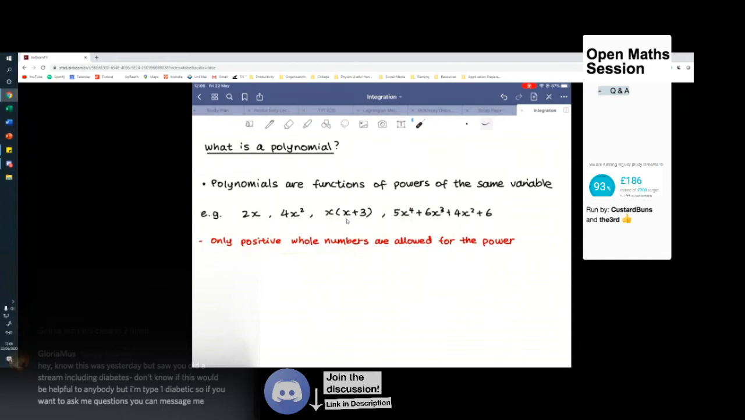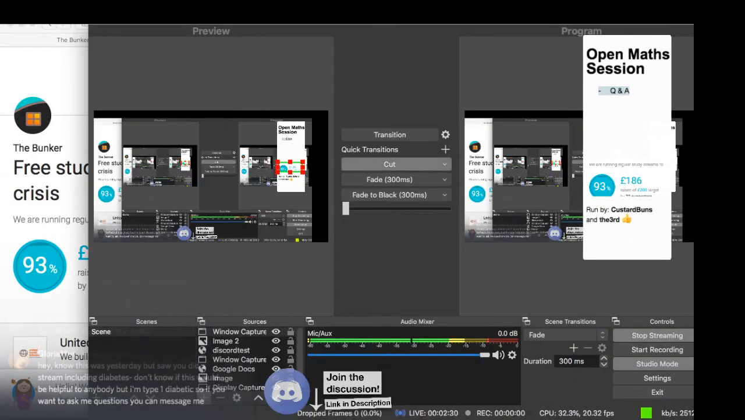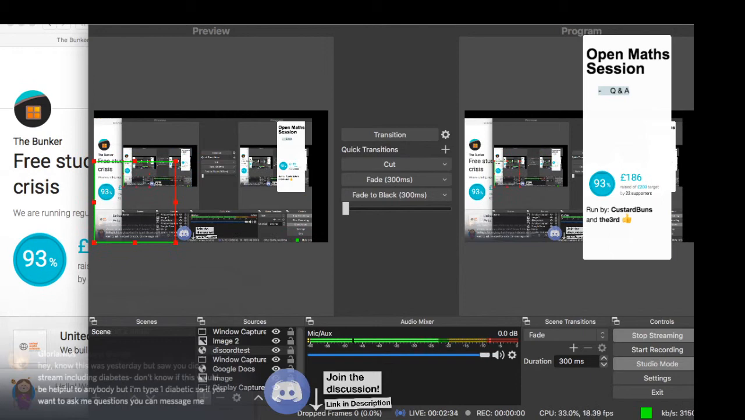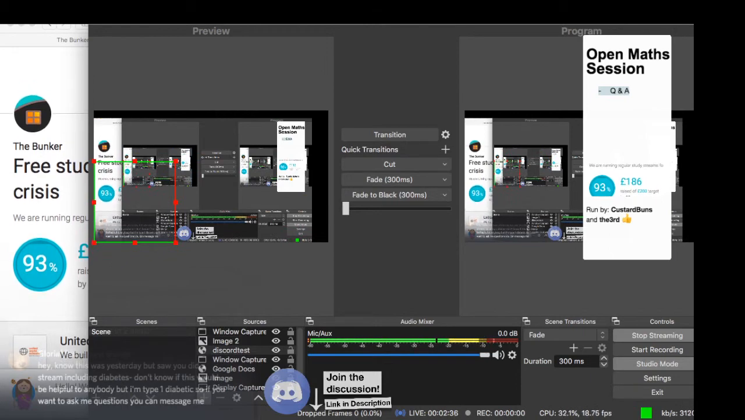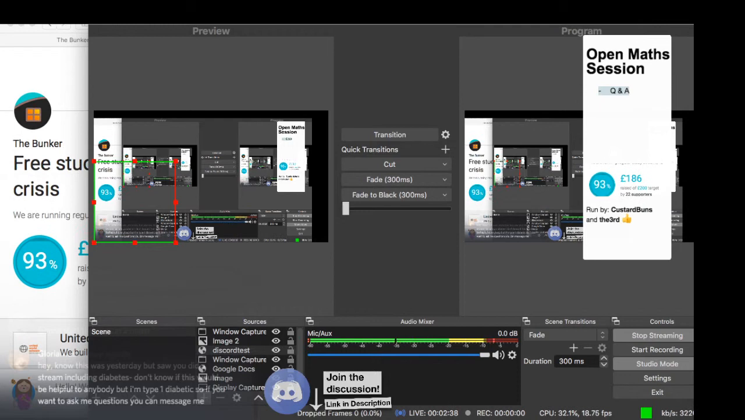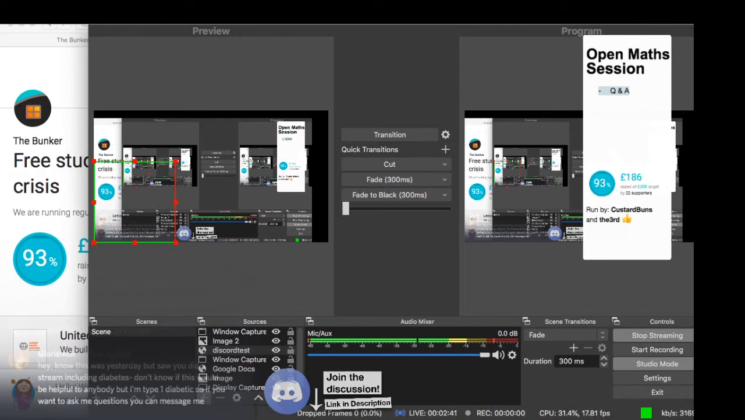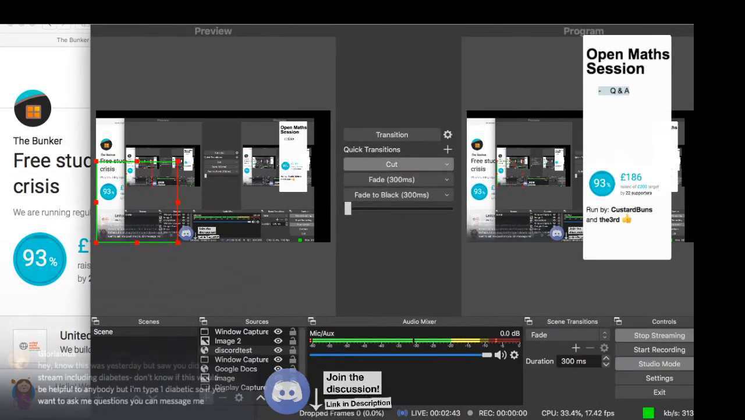Similar thing with 4x squared. We have 4 times x to the power of 2. Once again, 2 is a whole number, and it's positive. In the case of the third one, we have x times (x plus 3). Once you expand that out, you can get x squared plus 3x. And once again, both those terms depend on x, and each power of x is positive and whole, in this case 2 and 1. The final example, 5x to the 4 plus 6x cubed plus 4x squared plus 6 is